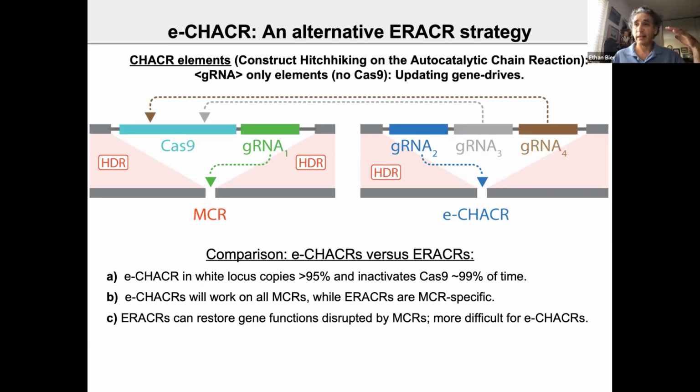The good idea for an eCHACR is that, in principle, it should work on any gene drive anywhere, because the eCHACR is at a second location, whereas the eraser has to be built at the location of a gene drive. So if you want to get rid of a gene drive for some reason, you have to know where it is to use an eraser, because you have to put the eraser at the same place. Whereas if there were some reason to get rid of or halt the spread of a gene drive, an eCHACR in principle should be able to do it no matter where it's inserted,